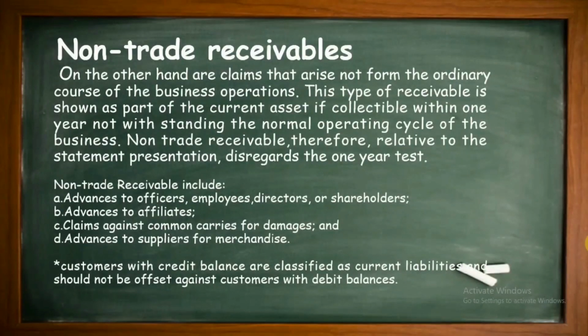Letter D. Advances to suppliers for merchandise are payments made in advance, such as a down payment for a contractual project or services. They are already paid but not yet incurred. Example, APC company paid a 50% down payment for the improvement of the office, and will debit the advances to suppliers account to increase it and credit the cash account for the payment made.